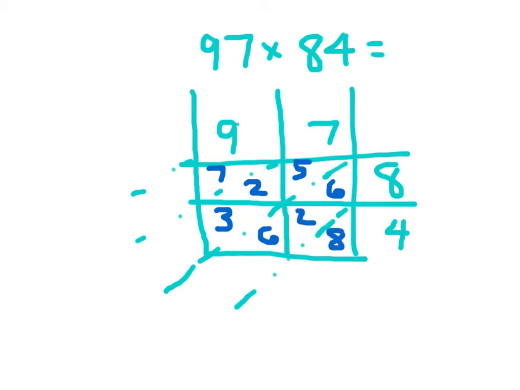Adding along those diagonals, in the ones place is an 8. 6 plus 2 is 8, plus 6 more is 14. A 4, regroup the 1. 1 plus 5 is 6, plus 2 is 8, plus 3 more is 11. A 1, I regroup a 1. And a 1 plus 7, which is... so I will have